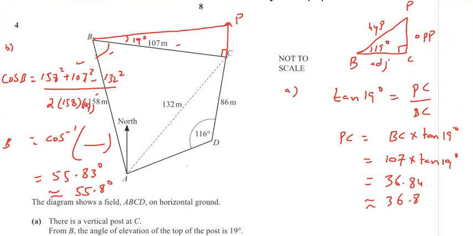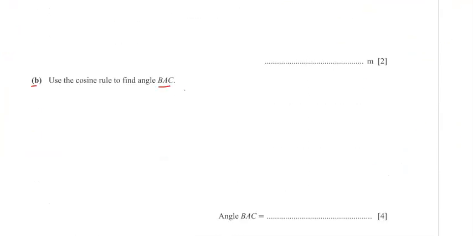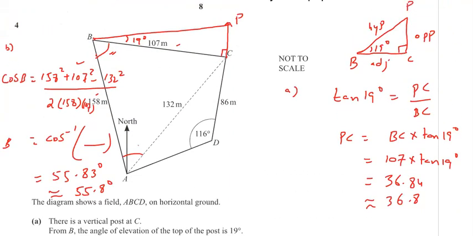I'm sorry, I should find this angle, but I found this angle. It was asked to find BAC. But it doesn't matter. Maybe using the cosine rule, you can find BAC in a similar way. If you have to find BAC, then in that case, you need to find this angle, which is angle A.